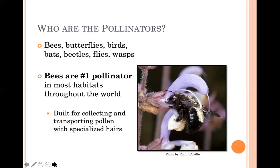These guys are built for pollination. So they have these special hairs on their bodies, and you can see in this picture what I like about